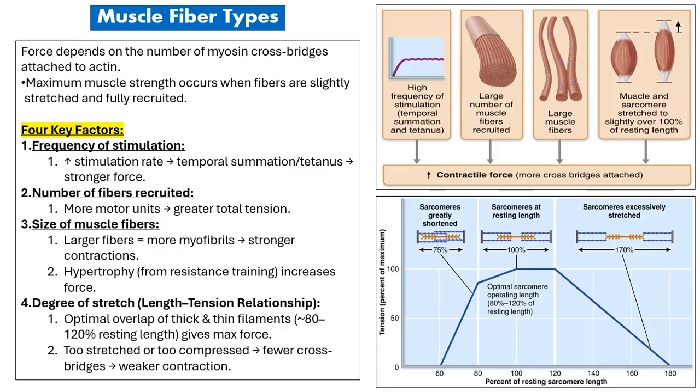So we can review and say, okay, let's think of muscle force again as muscle tension, or the muscle being able to pull. You can also say it's the number of cross bridges attached to actin at once. So remember, a cross bridge is when the myosin is attached to actin. And so if you have a bunch of cross bridges attaching to actin at once, what's going to happen? You're going to get more of the muscle tension or more of the muscle force because you're going to get